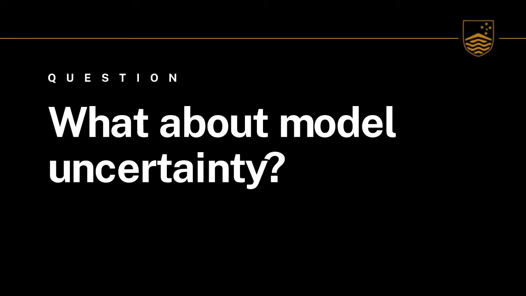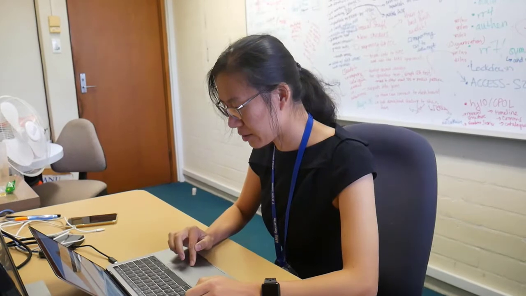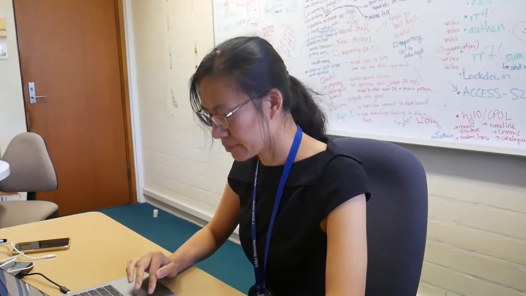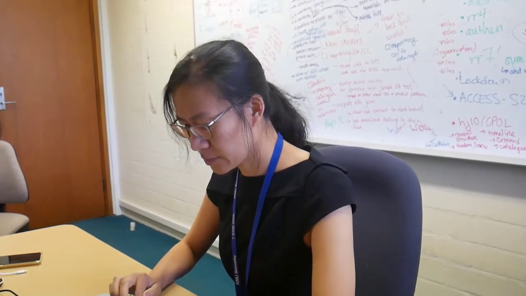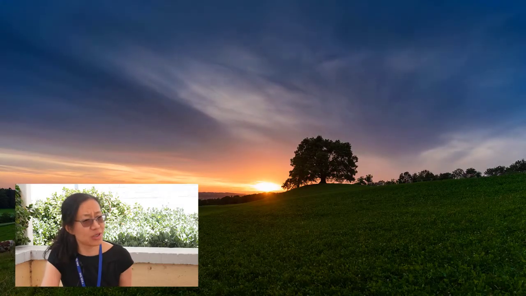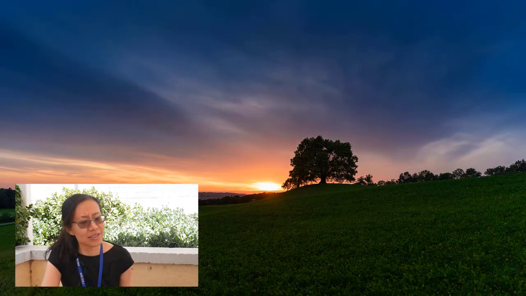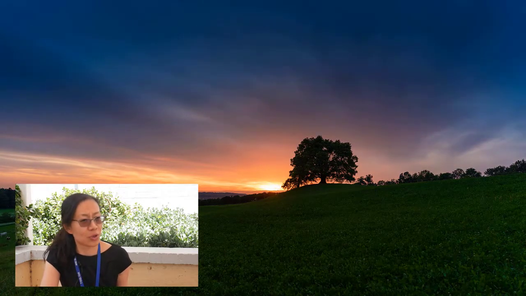To my understanding, model simulation is the same as solving equations. But the difference is that instead of solving equations manually, we use powerful computers to do this job for us. So that's model simulations. Are our model simulations always correct or perfect? No. So there are several reasons that our model simulations have